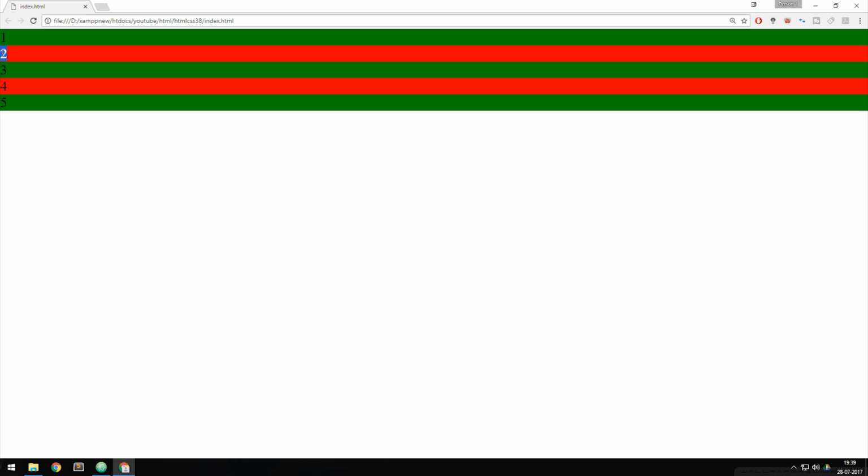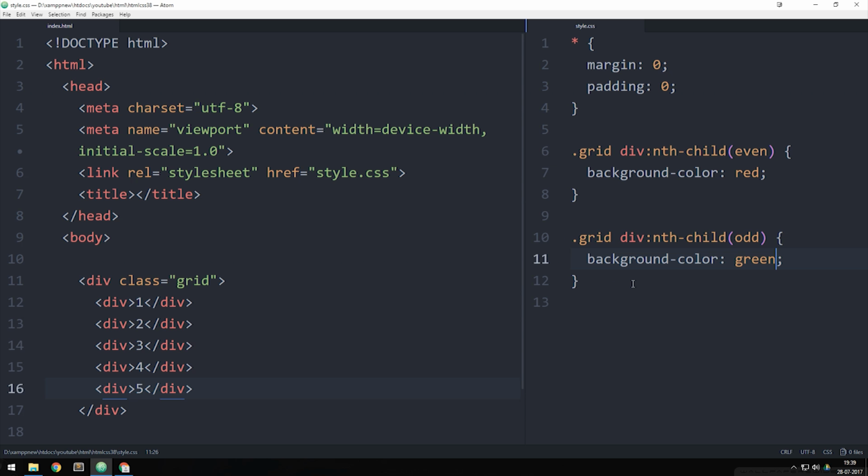We could have number 2, which could be the header. Then number 3 could be the sidebar. Number 4 could be the content. And then number 5 could be the footer. Just as an example. If I were to go back inside my code, what we can actually do here is